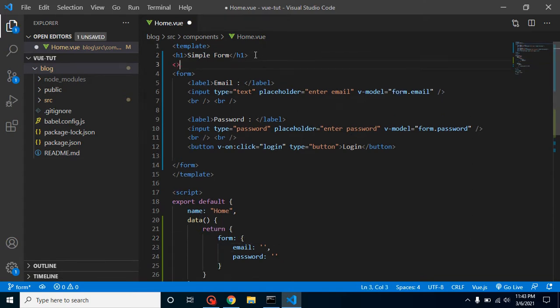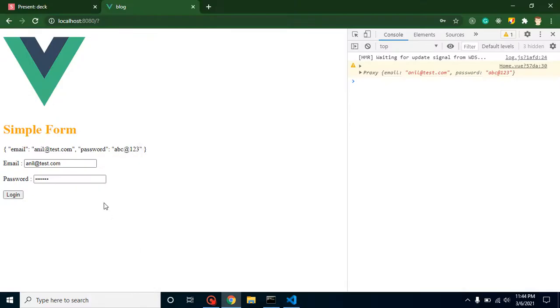So let's say you want to print this form, then how can you print this data? Let's take a p tag, or you can use any tag, I'm just using the p tag, and use double curly braces or mustache syntax, and simply put here form. Right, now you can see that, and just let me refresh this. We have no data for the moment. Just put here abc@test.com, password is like abc@123 or something. This is working fine, right?